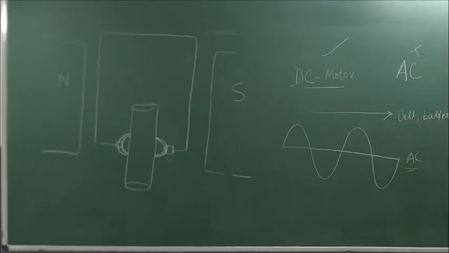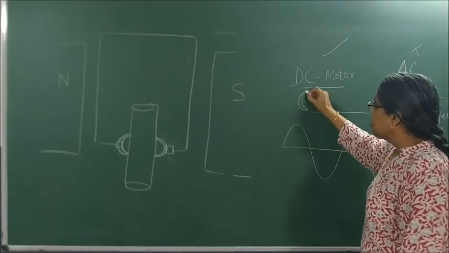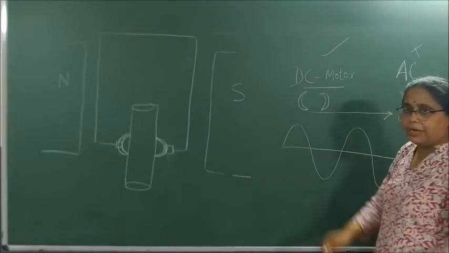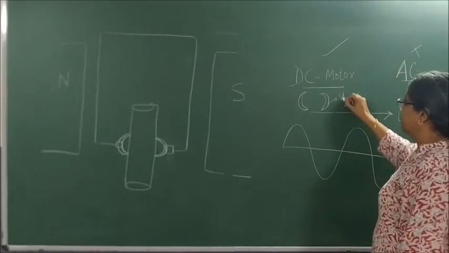Direct current. Okay. So whenever I am using a motor, a DC motor, I use what? Split ring. If I anytime use any AC devices, then I use what? Slip rings. One ring slips into the other ring. So it is called as what ring? Slip ring. This is called as what ring? Split ring.